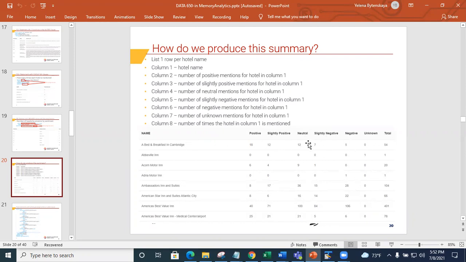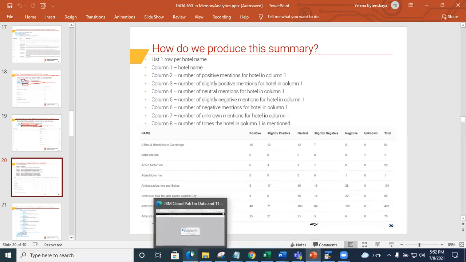So I want to see the single row for hotel. But the difference here is that I don't have data like ones and zeros the way I had it for my other assignment, right?